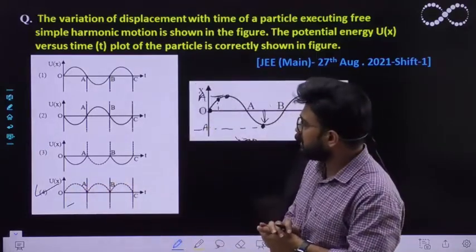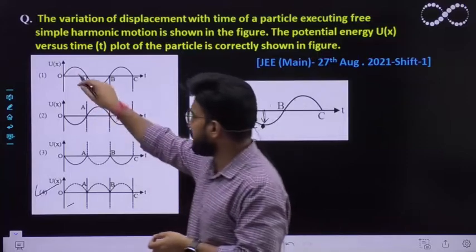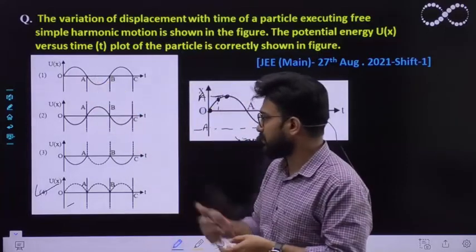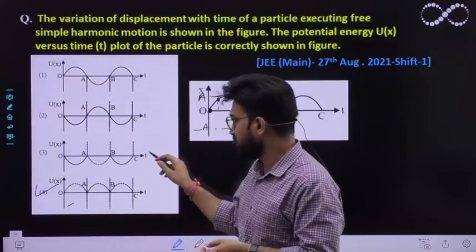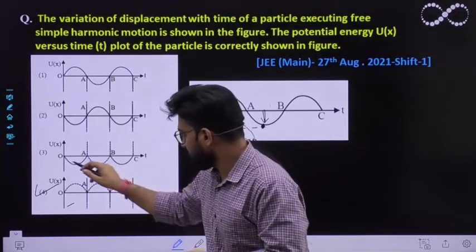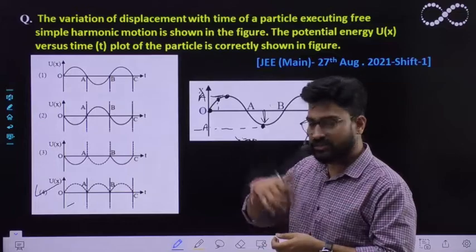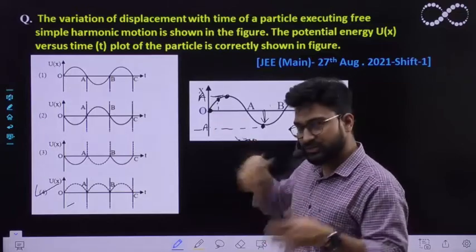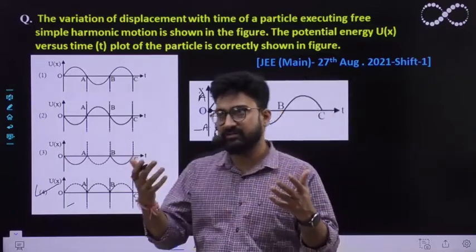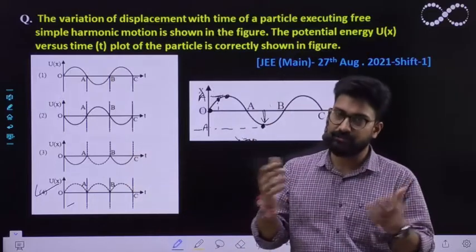In the rest of the graphs, the potential may increase and then decrease in the downward direction. This graph is also not possible, because the potential is entirely in the negative direction. So the potential always increases, because if I give an example of a simple harmonic motion,